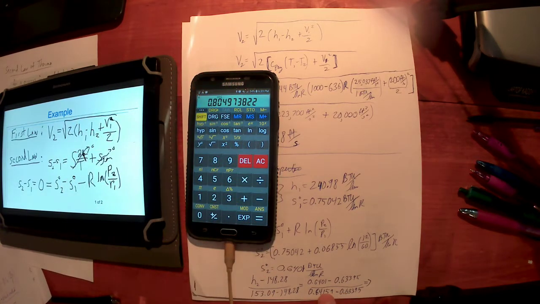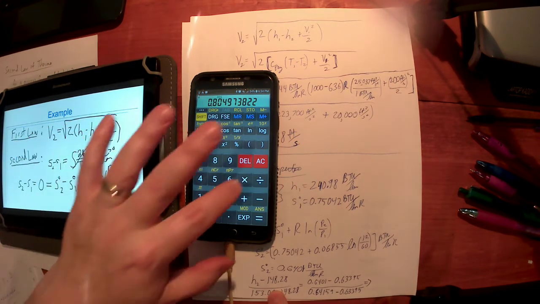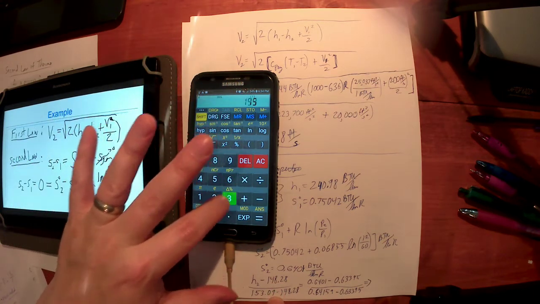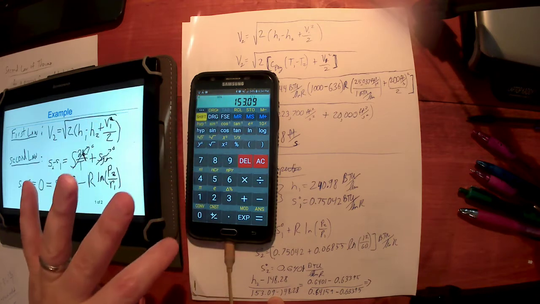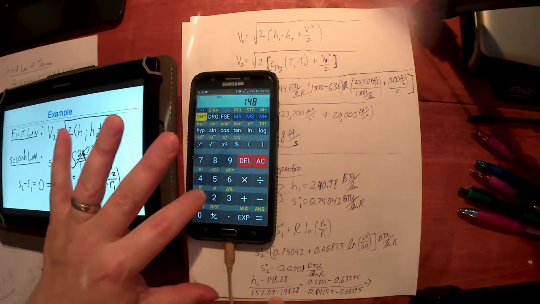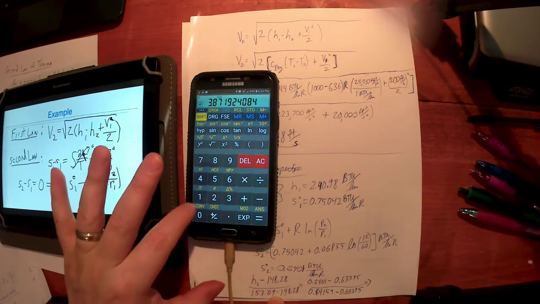Okay, about 80%. That makes sense. We're closer to this one than we are that one. About 80% of the way to this one. Okay, and then multiply that by the difference of 153.09 minus 148.28, close parentheses, add to that